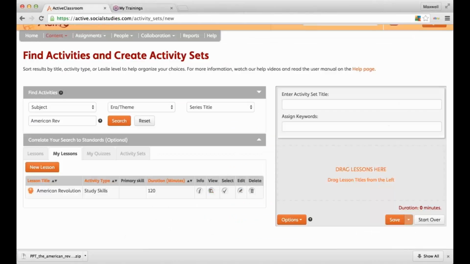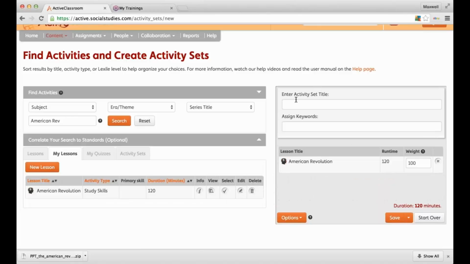So I'm going to say choose this, drag it over into Active Classroom. Close American Revolution. I'll just say "me" because I made it. American Rev. Like I said, I'm always going to remember to use American Rev to find my resources. I'm going to save it,